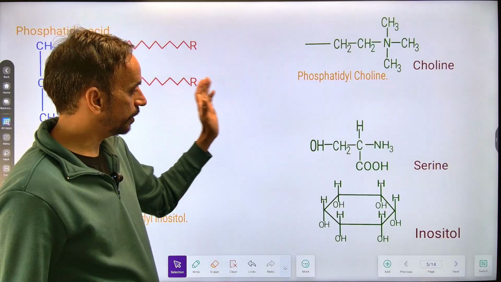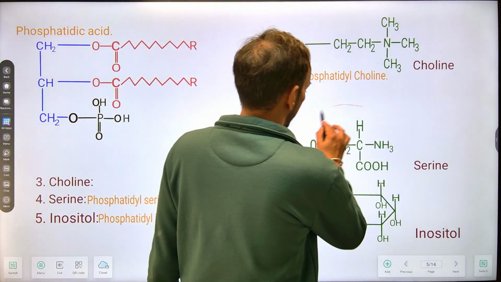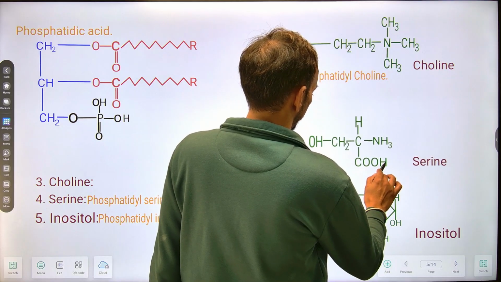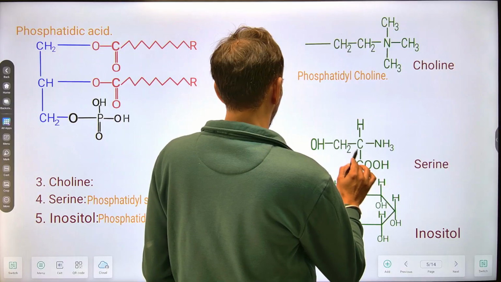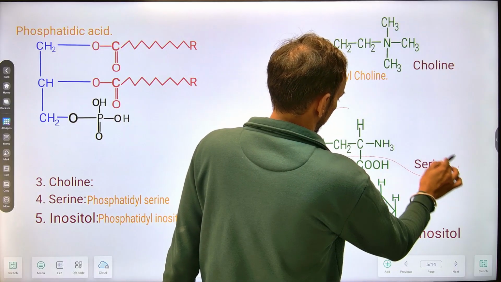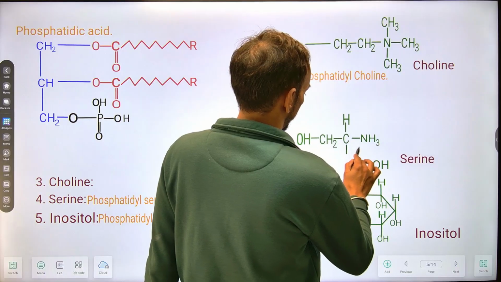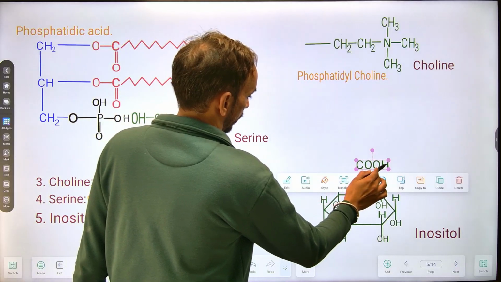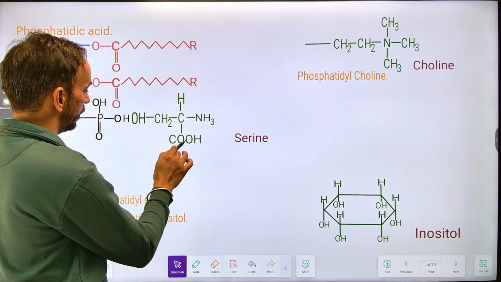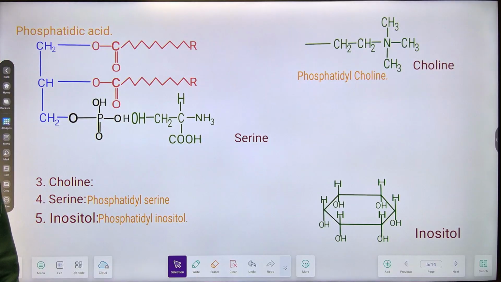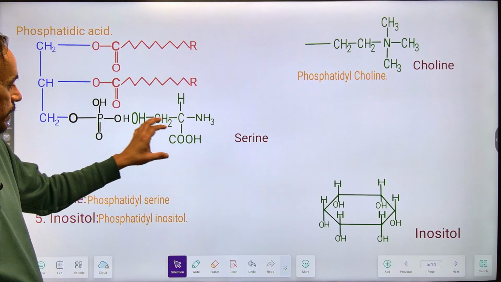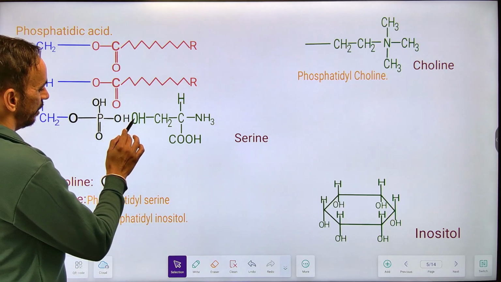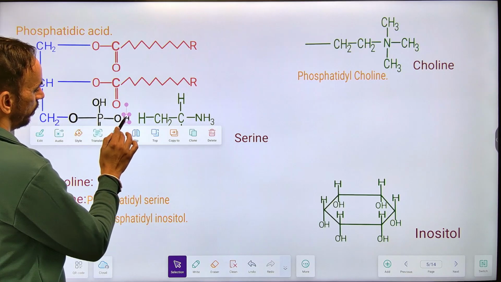Onto this phosphatidic acid, if there is an addition of a serine molecule, serine is simply an amino acid which has CH2OH in its side chain. If there is an addition of this serine onto this phosphatidic acid, again there is a removal of water molecule,